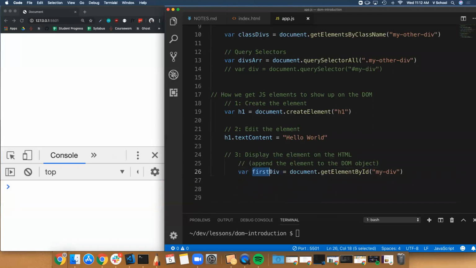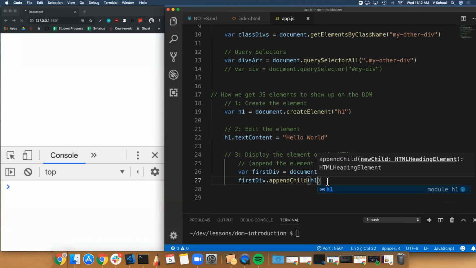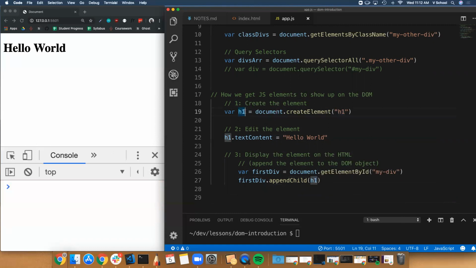And I need to say, you append an H1 as a child. So I'll say first div dot append child. And what do we think goes in the parentheses? What is the child we're trying to append? H1. Why is it H1? I called it that. I could call this